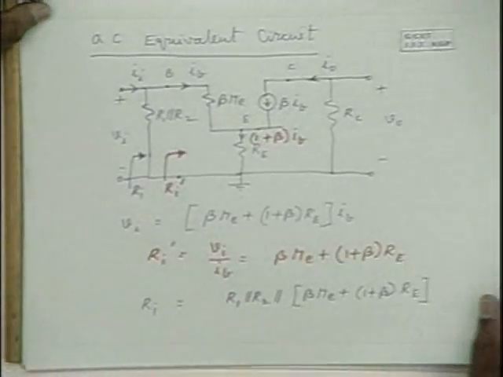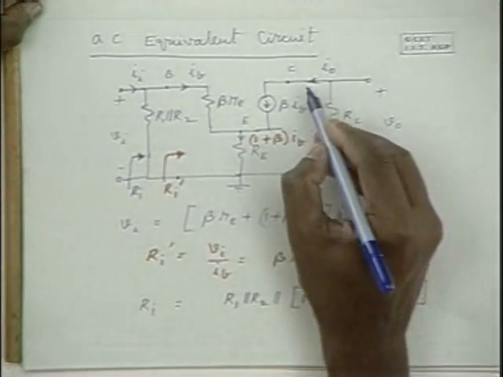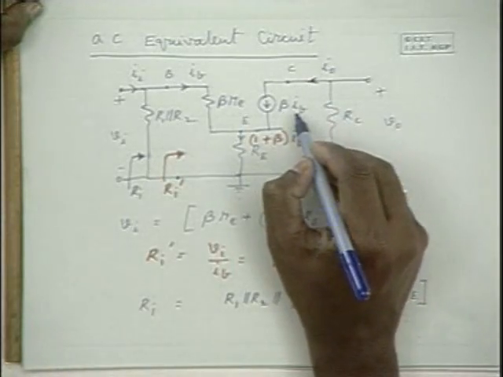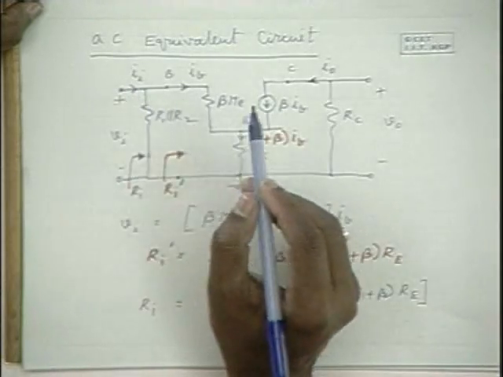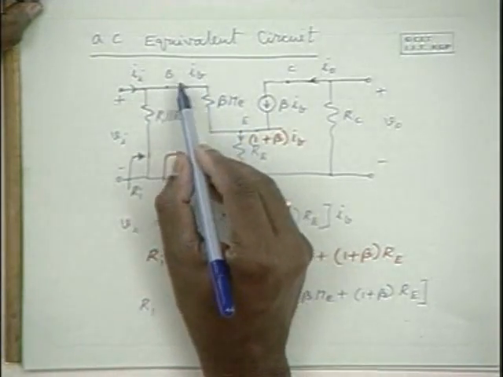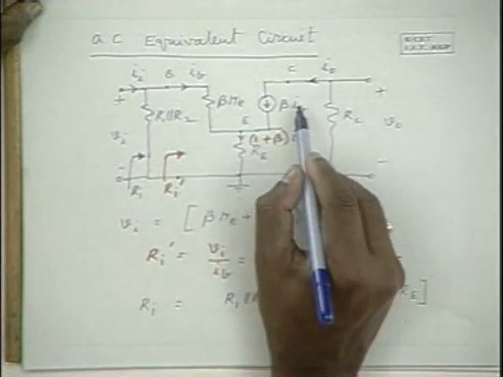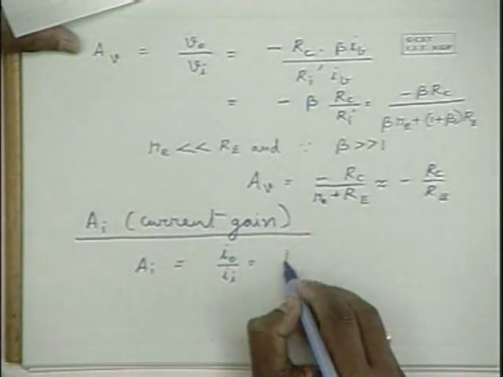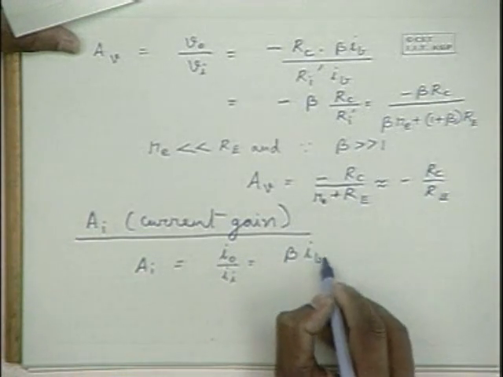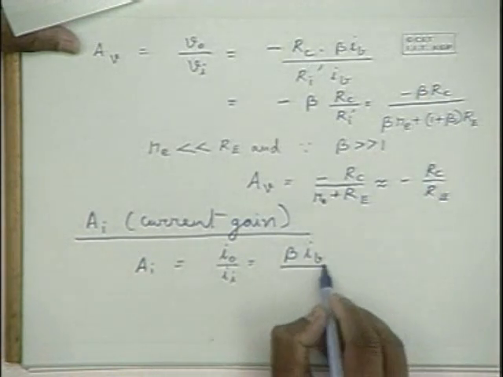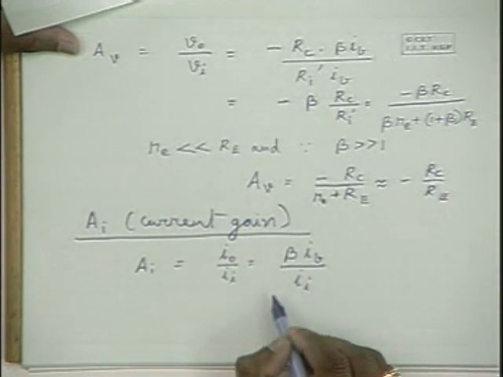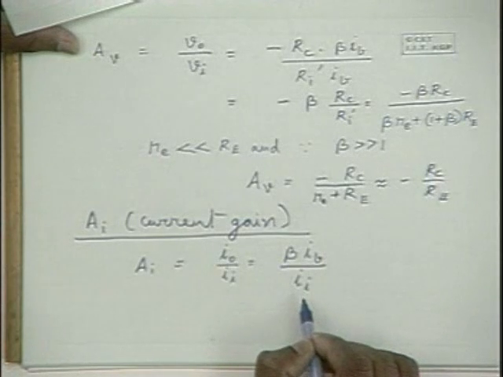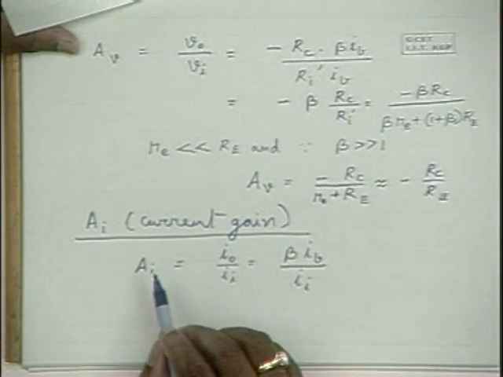Now, looking at the equivalent circuit here, the output current is beta IB and the input current is Ii. Let me express it: output current is beta IB divided by the input current. Now if we know the ratio between IB and Ii,